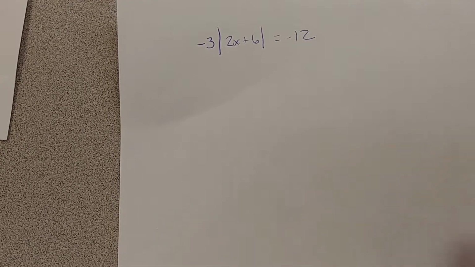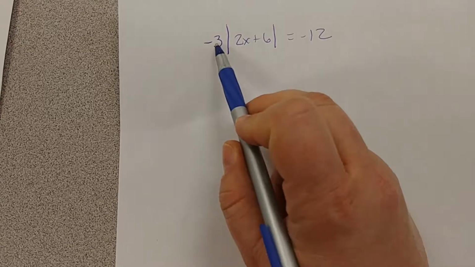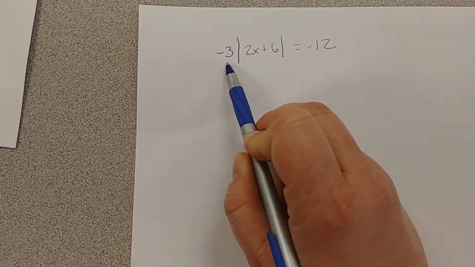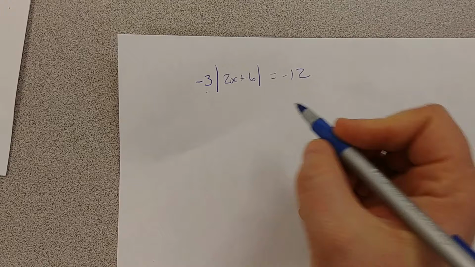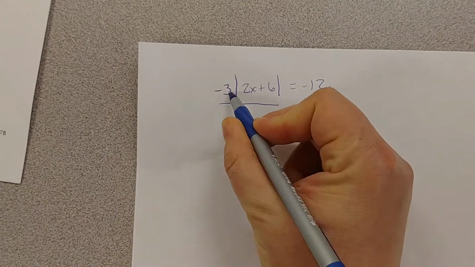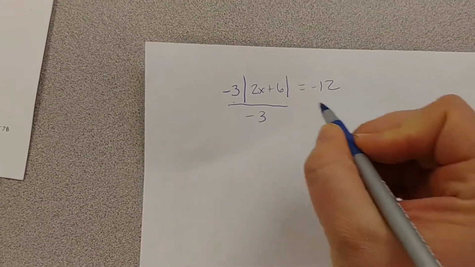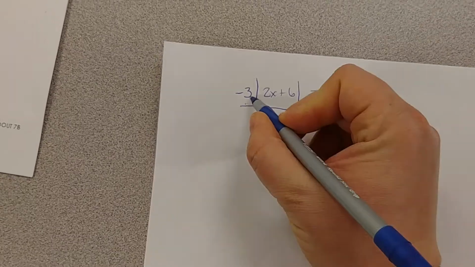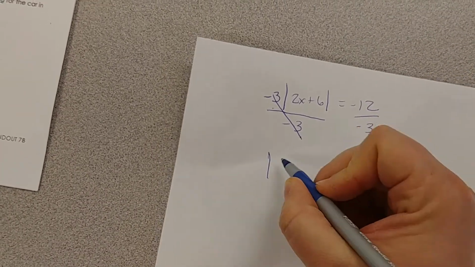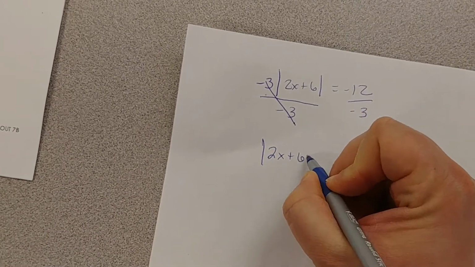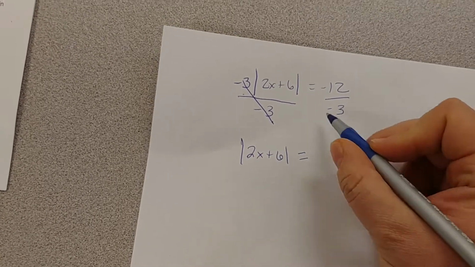absolute value alone. So right now, this absolute value has this -3 on there that's going to give me a little bit of an issue. So what I'm going to do first thing is I'm going to get rid of it. Since it's attached through multiplication, I'm going to come in here and divide by -3. So when I divide, well, now I've got that absolute value by itself, and it's equal to a negative gives